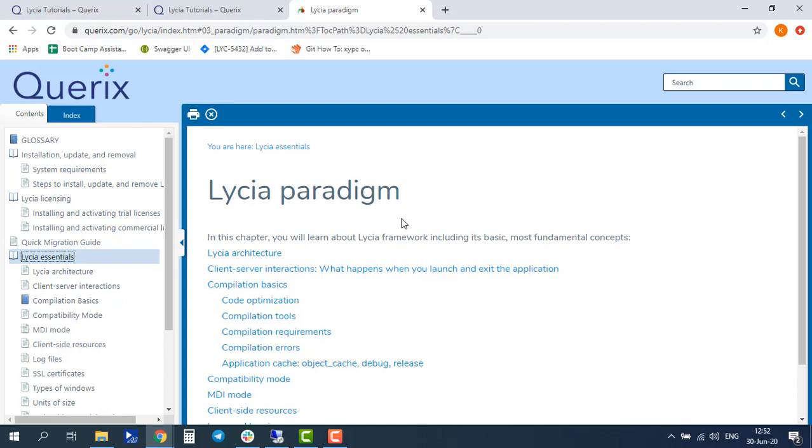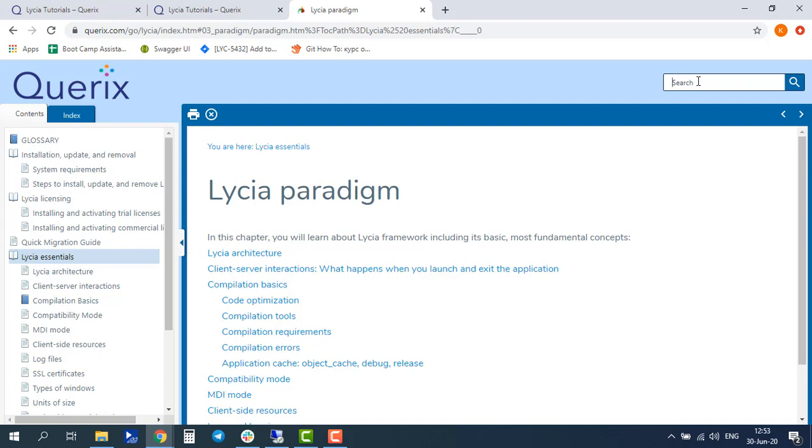Besides that, the structure of Lycia online documentation provides you the search function, which allows you to search directly by terms or by whatever may be interesting to you, and to get direct access to the pages which are relevant in your search,